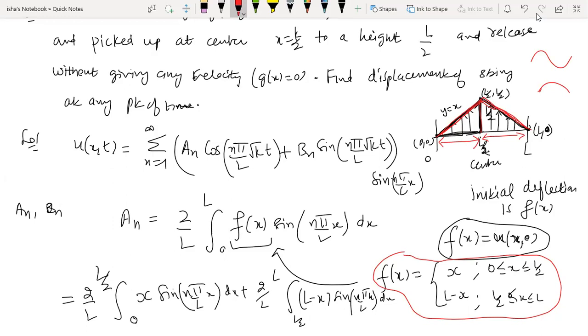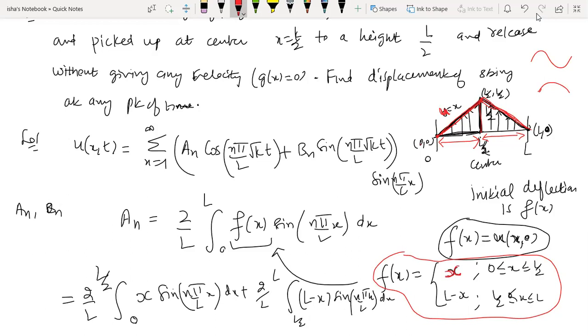If you start imagining the y, meaning the displacement, actually that is not y, that is u. So this is u is equal to x, because this is 0, 0. Here the displacement is 0, and here what is the magnitude of the vertical displacement? L by 2, and the x coordinate is also L by 2. So what is the equation of a line joining the two points 0 comma 0 and L by 2 comma L by 2? It's very easy, right? Both the coordinates are same. The straight line joining points having both x and y coordinates the same is y is equal to x, right? Anybody can compute that. So that's why from 0 to L by 2, f(x) is equal to x.